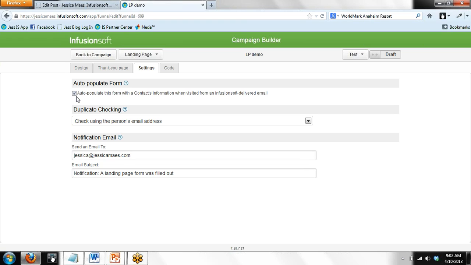If you are sending out an email and you've got a link to your landing page in there, so you're inviting people to click to learn more about something you want them to sign up for, you would definitely want this checkboxed. Then, if there's any information on your landing page, for example, if I were to receive an email and then I clicked to sign up,